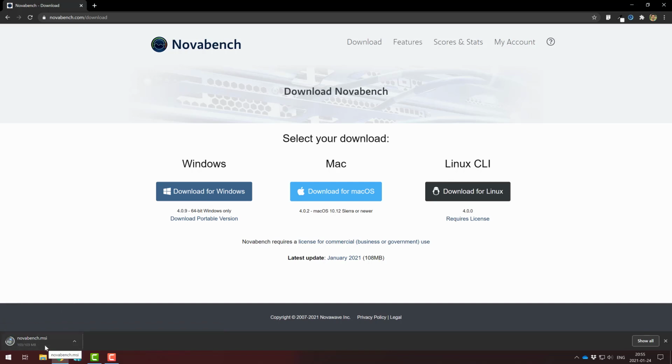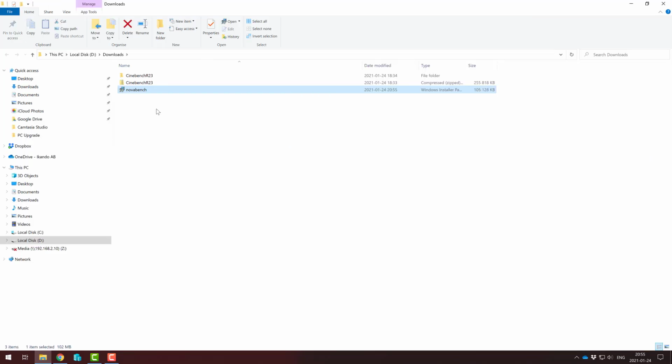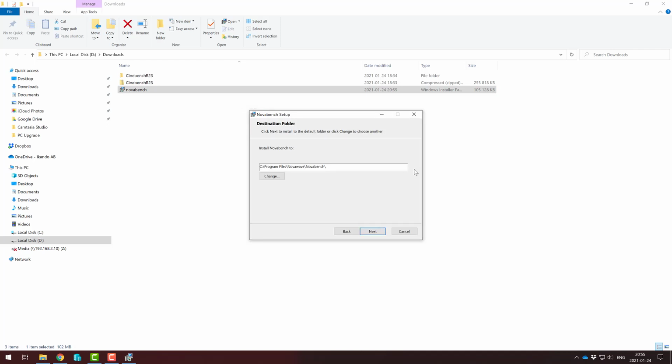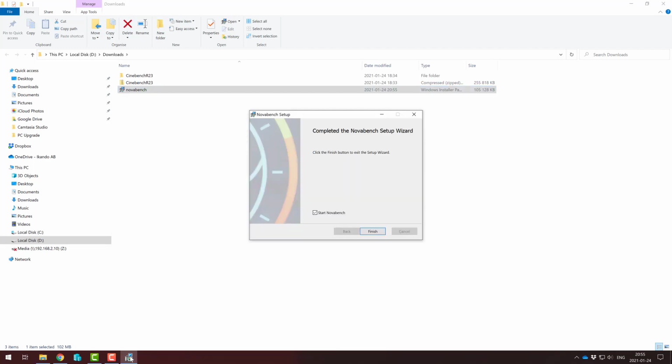This is also around 100 MB and it's an installable. I will install NovaBench now. I'll start NovaBench.